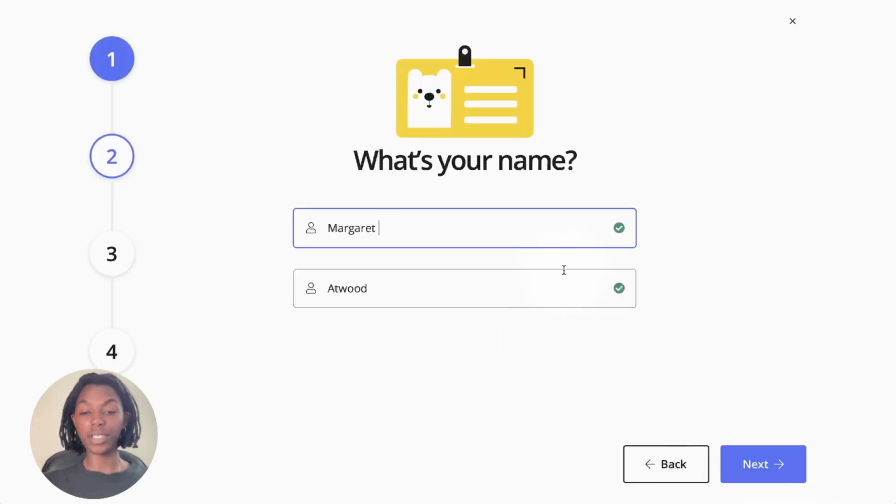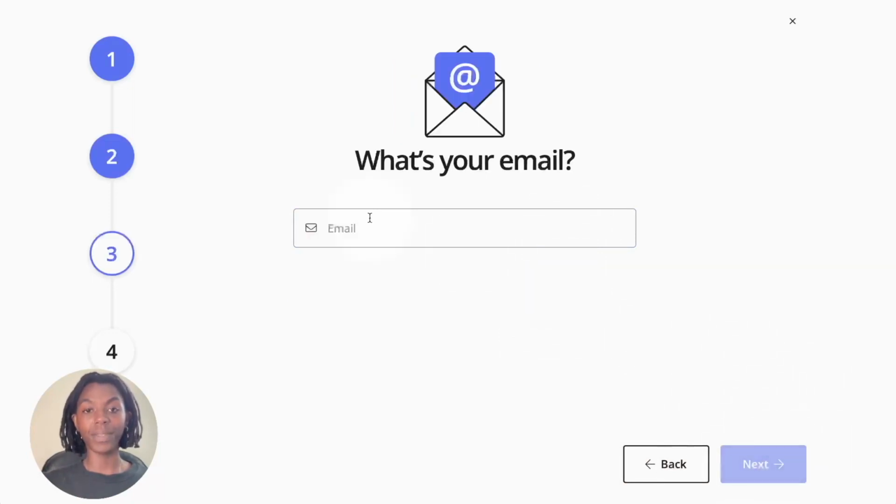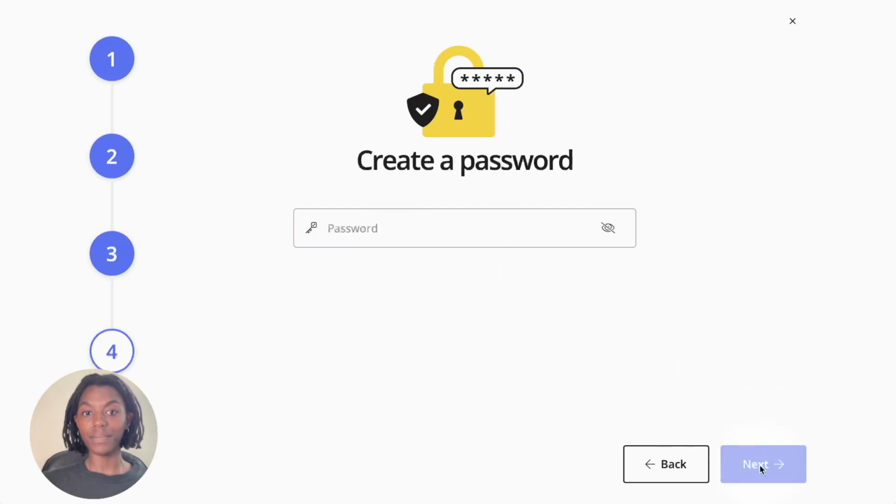Enter your first and last name, and again click the blue Next button in the bottom right corner. Here you will enter your email address and click the blue Next button and create a password for your account. This is what you will use when you log in. You can click the eye icon to the right to see what you have typed before clicking the blue Next